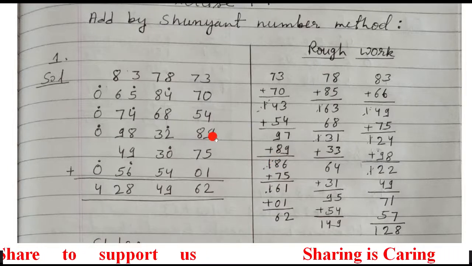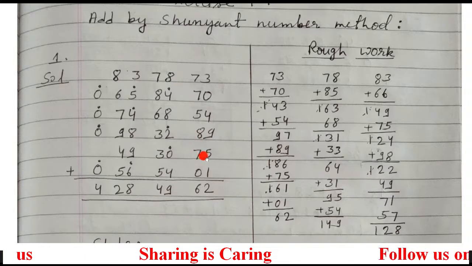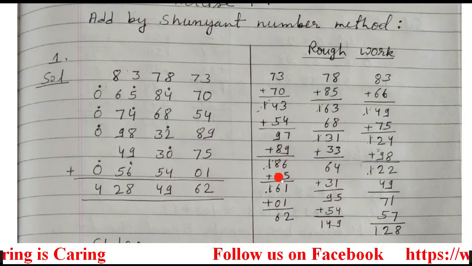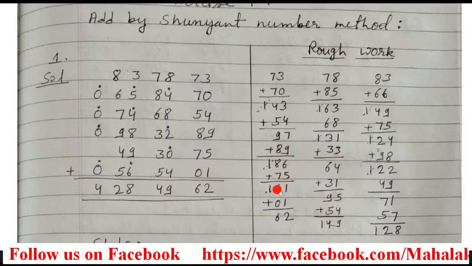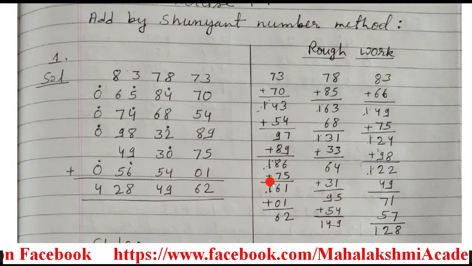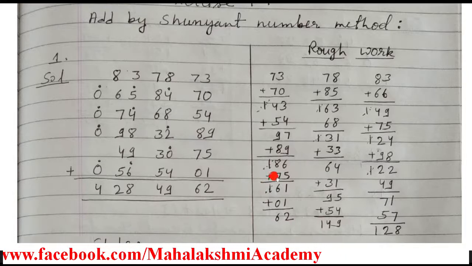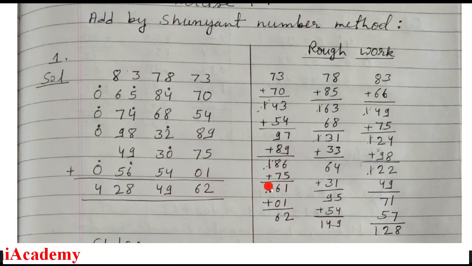So till this step we added 89. Now it's the turn of 75. So 75 we write here. You have to add only 86 and 75. When you add them, you get the answer 161. This one you just partially cut. This one you have to write down whatever number you recently added. The recently added number is 75. The number which is before 75 is 0. So this one you have to put as Ekadika dot over 0.